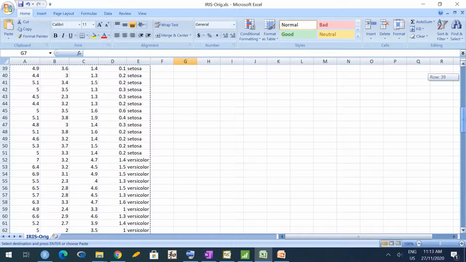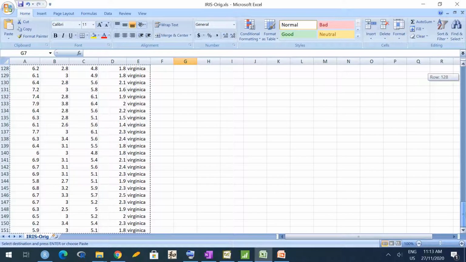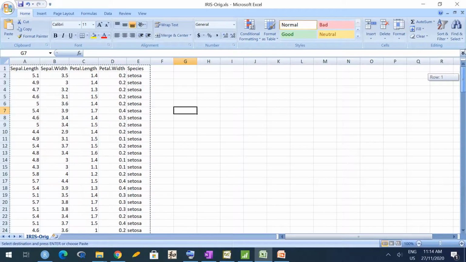And what we will try to do is see which of these four variables are important in terms of variation, and we'll try to see, can we identify these groups of three species using these four variables, okay, via principal component analysis.